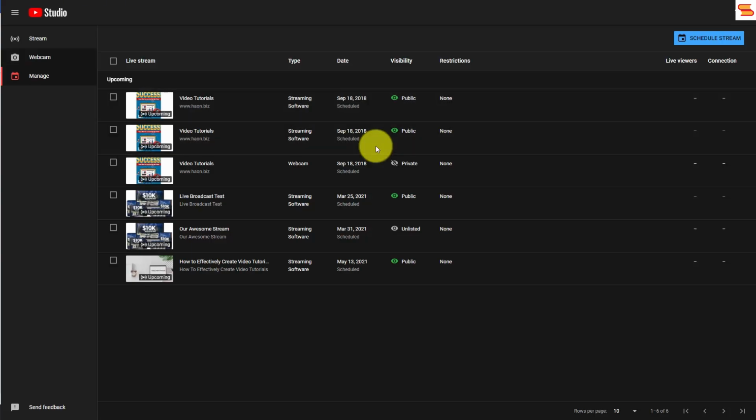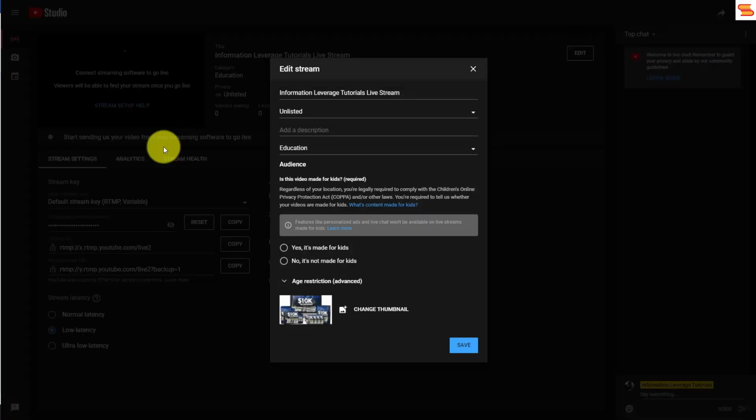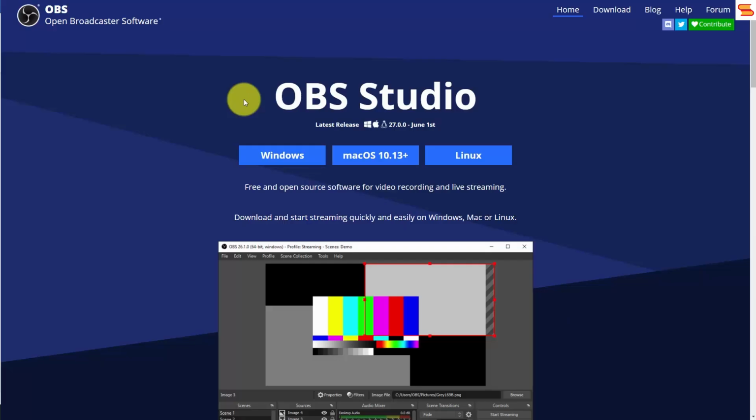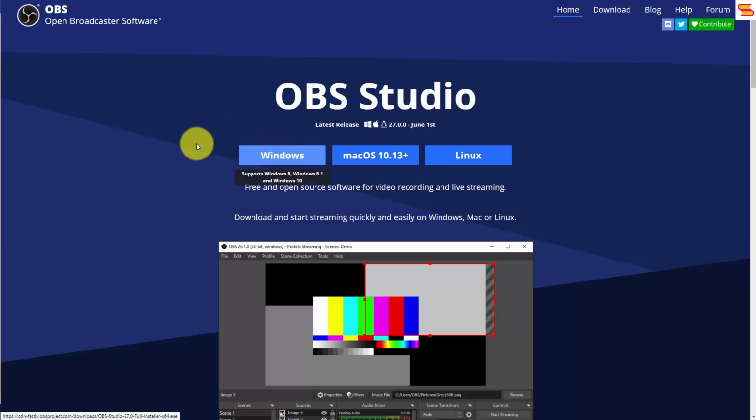You can either use the webcam by clicking on the tab that says webcam, or you can stream using multiple cameras and your computer screen. In order to connect your computer screen, you'll need live streaming software. Streaming software OBS Studio is free to use and is open source, and you can download it at obsproject.com. And once you download the software for your system, you'll then be able to use it in order to share